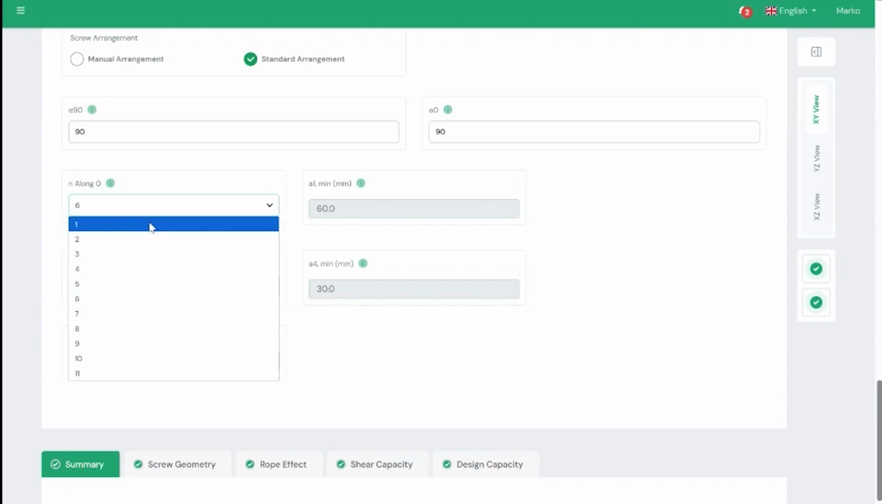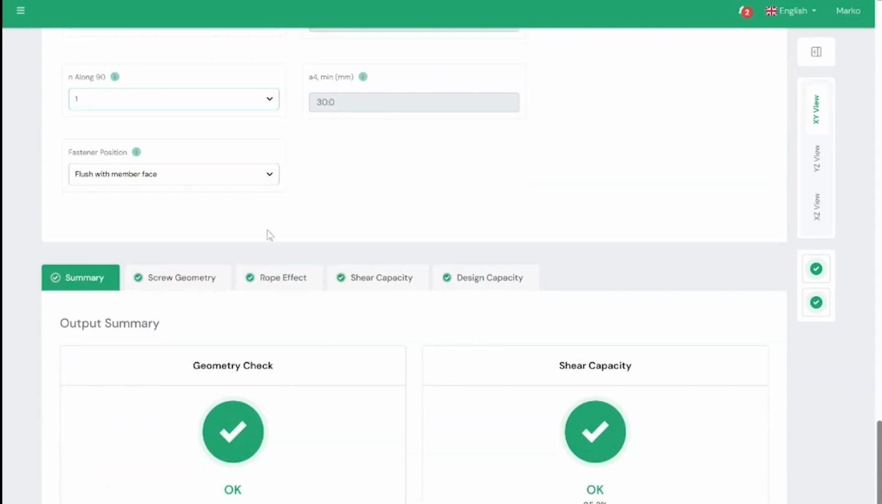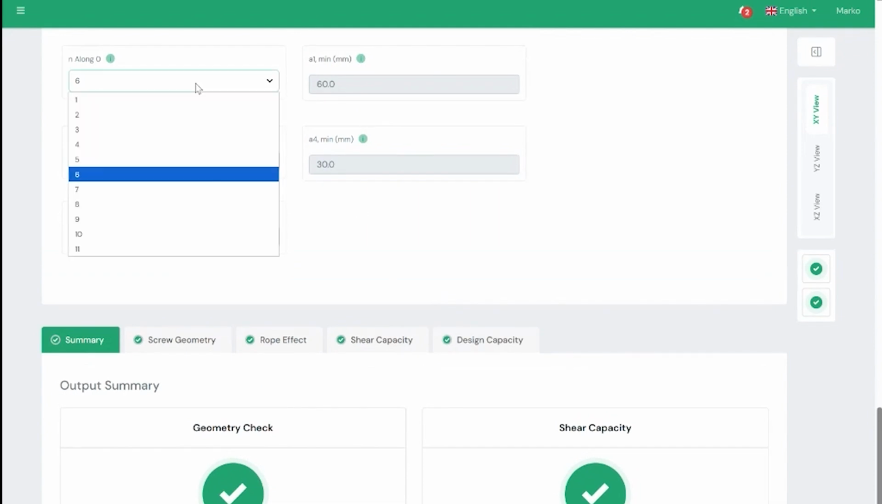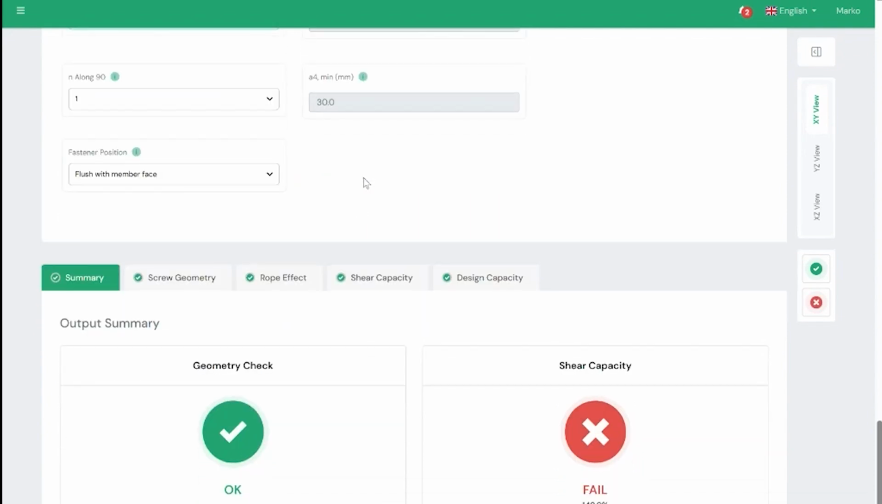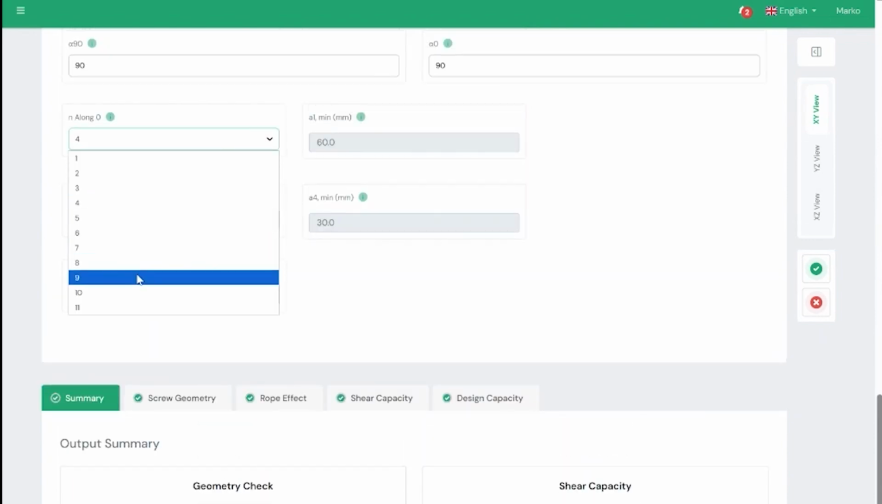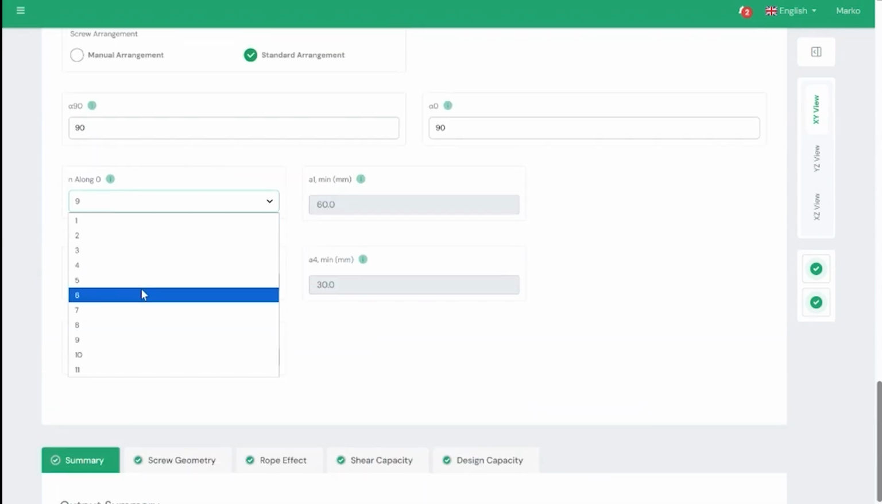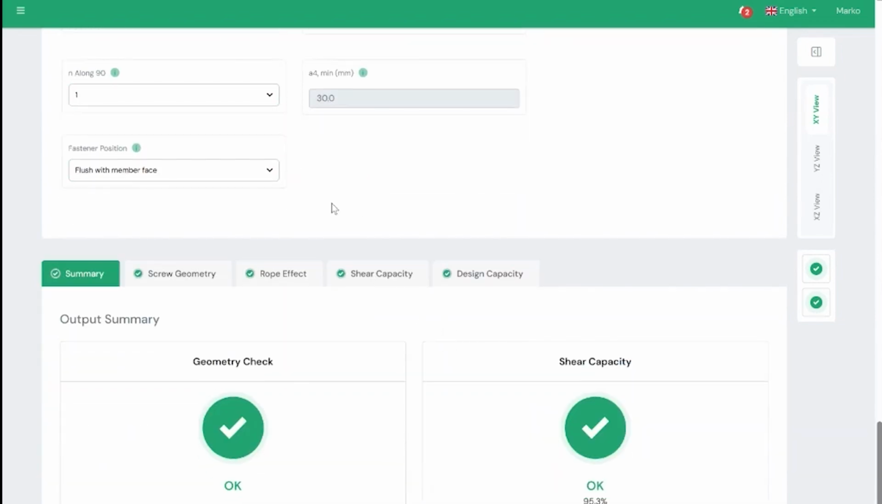What is up to the user is just to select the number of screws, which is limited by a minimum of edge and or intermediate distances, and also that's something that is along and parallel to the grain as well. In this case, I pre-selected 6 screws per meter, but if we go lower, that will be automatically changed. So you can see that that's not possible, or if we have too many screws, you can see that the utilization is not optimized. So this is something that the user can play with and see what is the best possible design